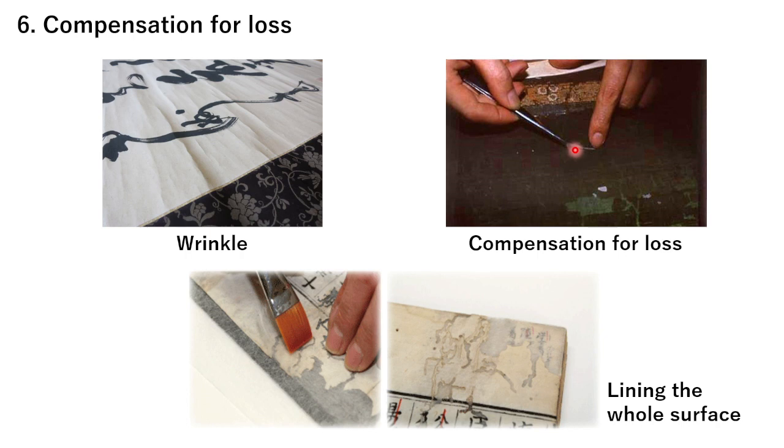There is also a technique in Japanese-style books to paste Japanese paper that has been torn to match the shape of insect holes from the back of the missing part. In the case of repairing a document damaged by insect bites, it is generally necessary to cover each insect hole with mending, or to line the whole surface of the document.